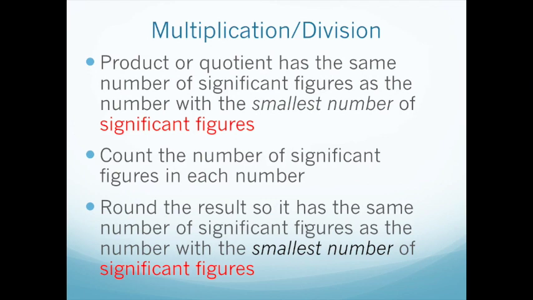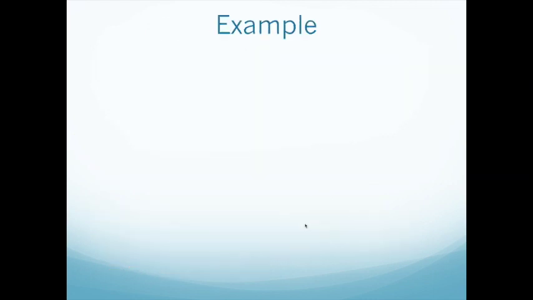The first one is the multiplication and division rule. A product or quotient has the same number of significant figures as the number with the smallest number of significant figures. So, you start by counting the number of significant figures in each number, and then you round the result of the calculation so that it has the same number of significant figures as the number with the smallest number of significant figures. So, for example,